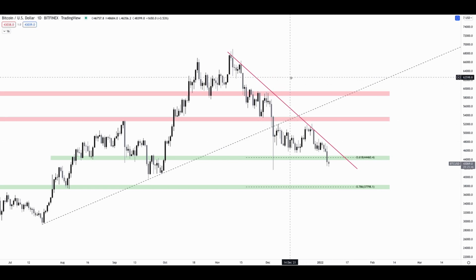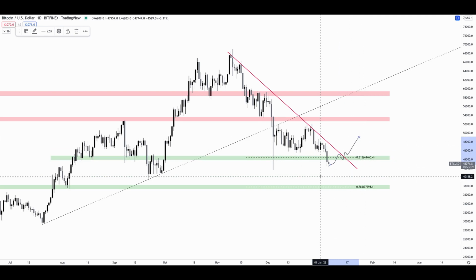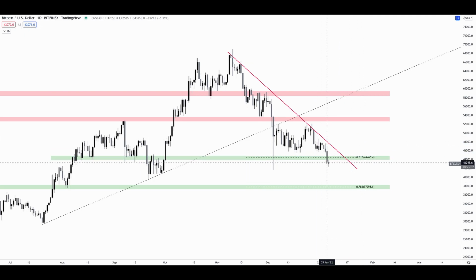So I feel like for us to actually see a bullish trend reversal, whether it be at current levels, right? It could be at current levels. I'm just saying that it's not probable, given how we are already testing the 42K region. There is, I feel like, a higher probability that we tap the late 30K levels, as opposed to us just seeing a breakout from current ranges, right? But eventually, the confirmation that I need to look for a bullish trend reversal in the short term is basically a break above, a close above this trend line over here.